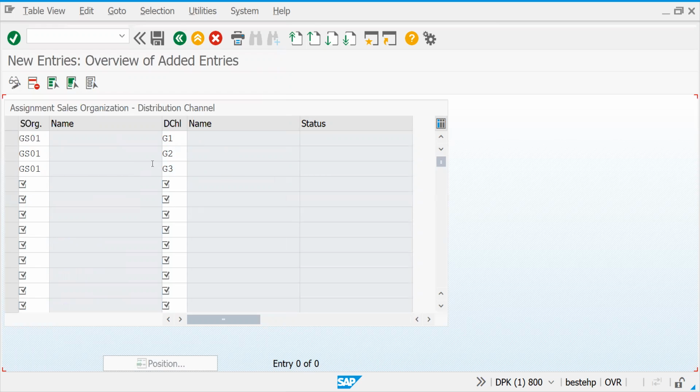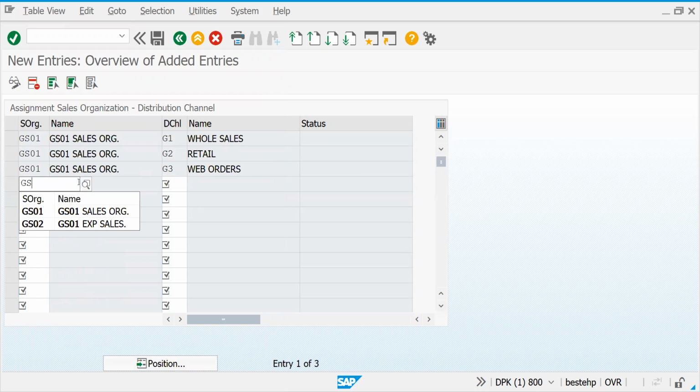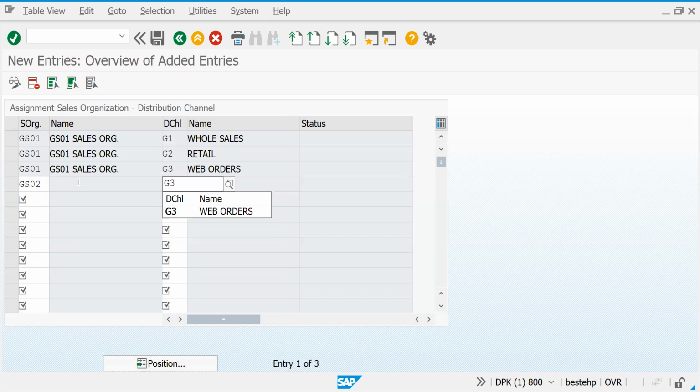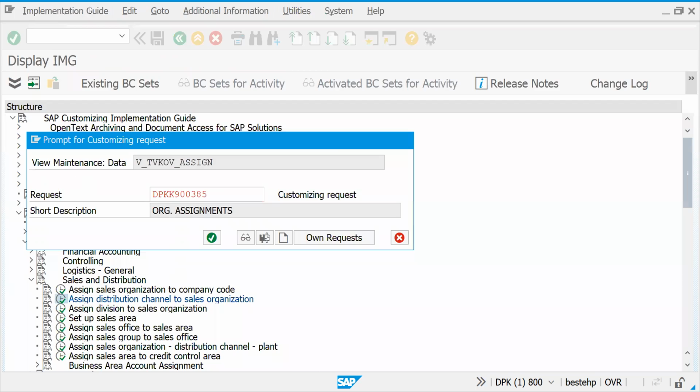Okay, let's press enter. So for export, I have a company policy. I'm doing only web orders. I don't want to do any other sales. Okay, across the globe, whoever it is, whether wholesalers or retailers or direct customers, whoever comes, they have to raise the request through the internet only. Let's assume this is one of the scenarios for understanding.